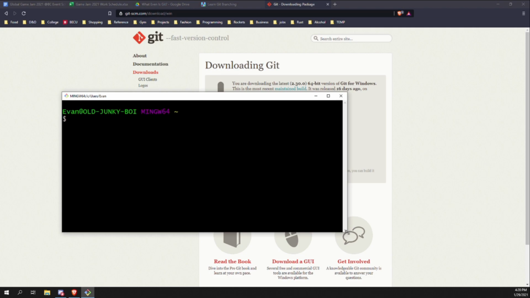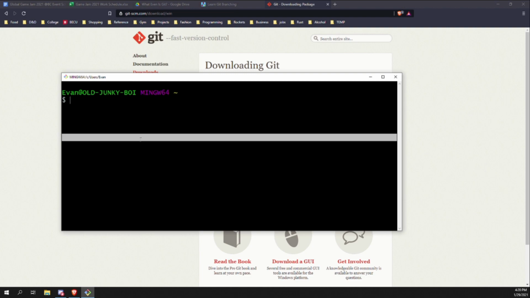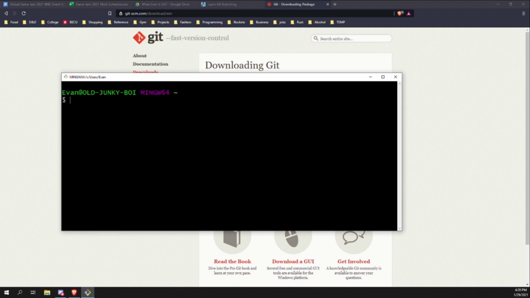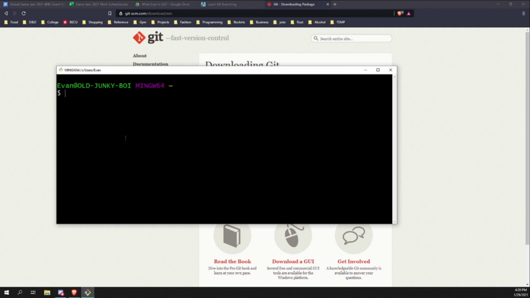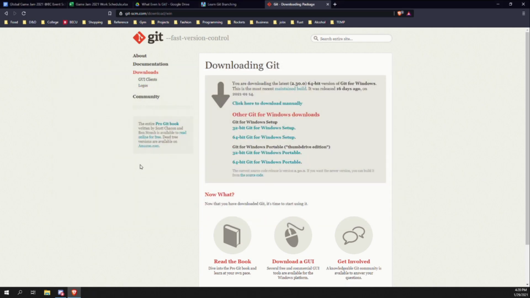The name of my computer is Old Chunky Boy, ignore that. That way, any commands and any documentation you see for Git will work for Mac, Windows, and Linux.